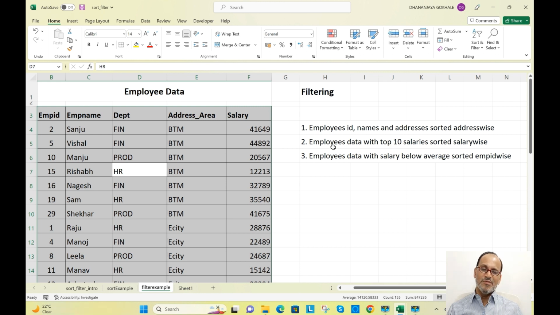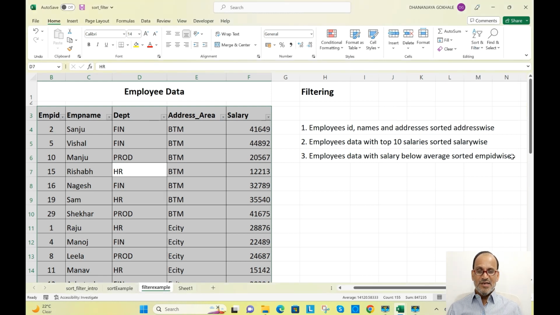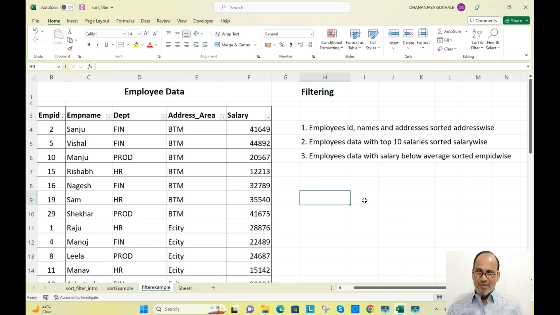That means we want all the employees data, right? Okay. But how do you want to filter? The condition given is top 10 salaries. Okay. So now comes filtering. We are looking at filtering. So go to sort and filter and you can see a funnel over here. Funnel is used for filtering. So click on filter. Has anything happened? Nothing has happened. But if you observe closely in the table, you'll find this pull down